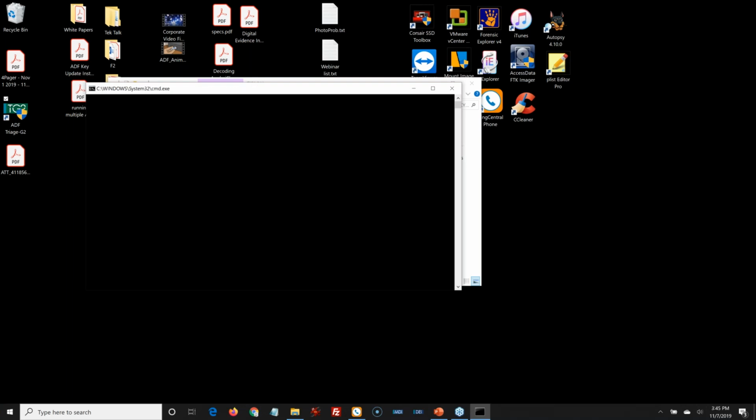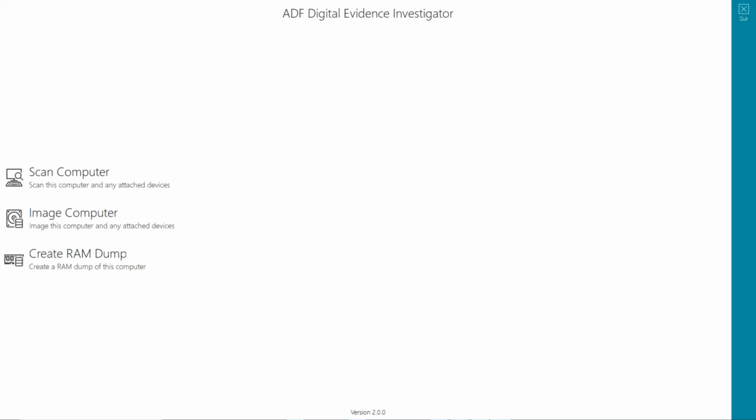You're going to see here that ADF is going to pop open in the screen. There you go. And one of the first options I have down at the bottom is to create that RAM dump. So as soon as I click it, it's going to start collecting RAM and saving it right to that USB device. Very simple. When it's done, it'll say it's done, and you just move up to scan